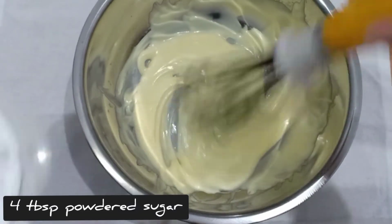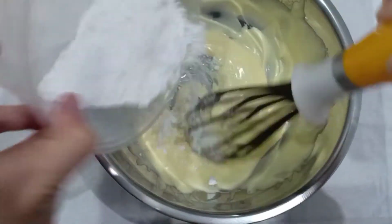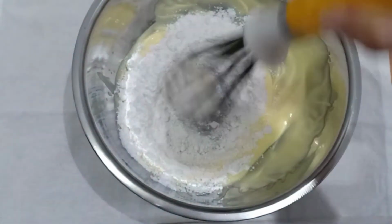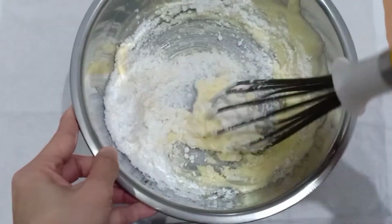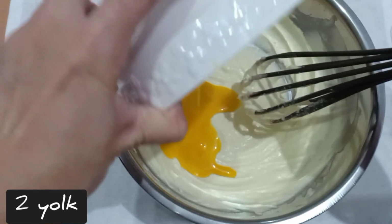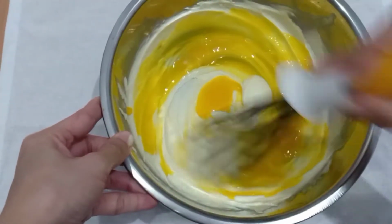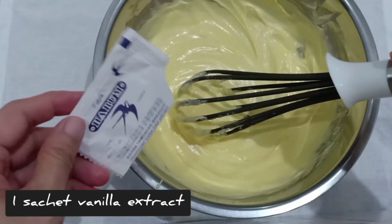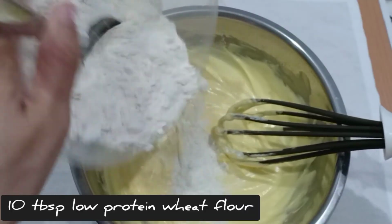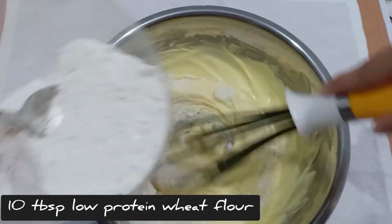Mix 3 tablespoons butter till the color becomes a light yellow, and then add 4 tablespoons powdered sugar, 2 yolks, 1 sachet or half teaspoon vanilla extract, 10 tablespoons low protein wheat flour,